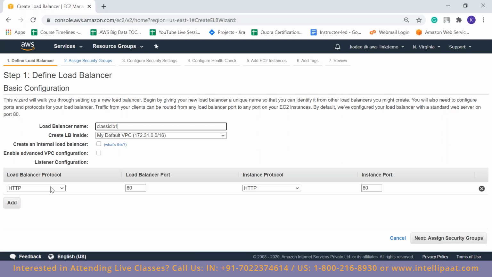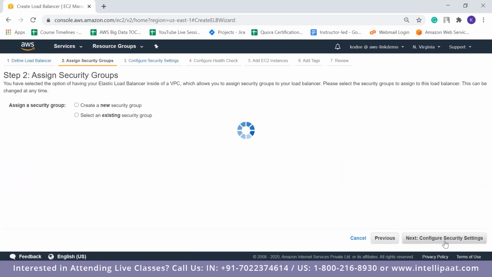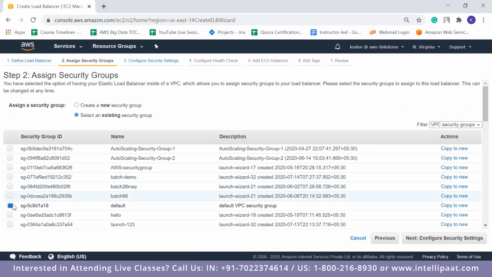And coming down, what protocol and what port number should this load balancer concentrate on? Obviously it is HTTP and port number 80, so let it be the default, and we are not going to add any other protocols or port numbers. Leave it at default and click on next, assign security groups. You can leave the security group at default, you don't need to change anything. There is nothing to add over here because we've already given the security group to the instances and that will take care of it.